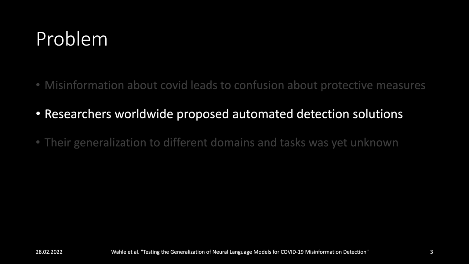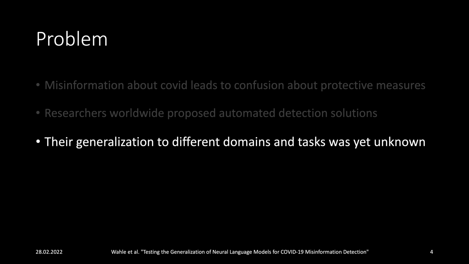Thankfully, researchers worldwide have designed and implemented automatic misinformation detection models to counteract this problem. These solutions include detection models for treatment efficacy, conspiracy communities in social media, or fake news. We argue pre-trained detection models are maximally useful for misinformation detection when they're able to perform multiple tasks on different